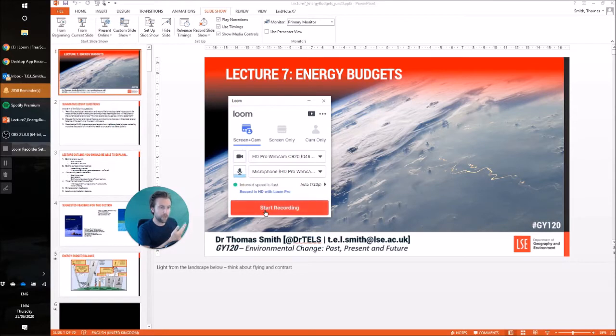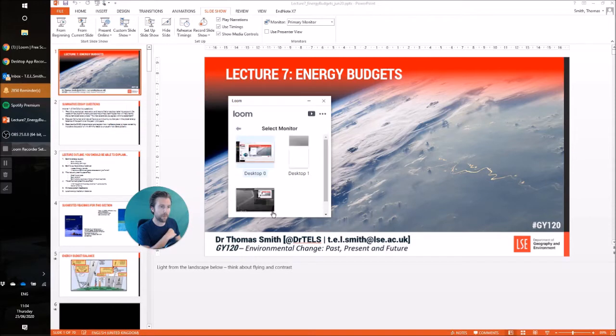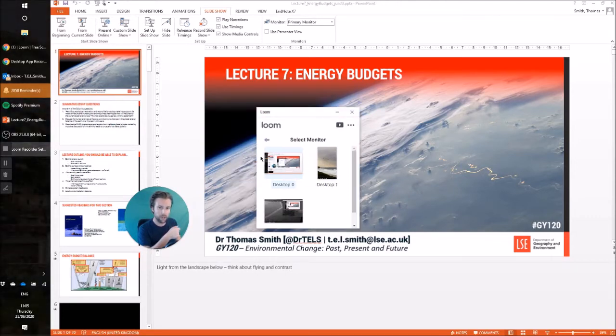To start recording, all you need to do is hit this start recording button. So let's do that. And now we have the option of recording different screens. So if you've got multiple screens set up, you need to select which screen you want to capture from. I happen to have 3 screens. I'm going to capture from my main screen, which is this one. So I'm going to click here,